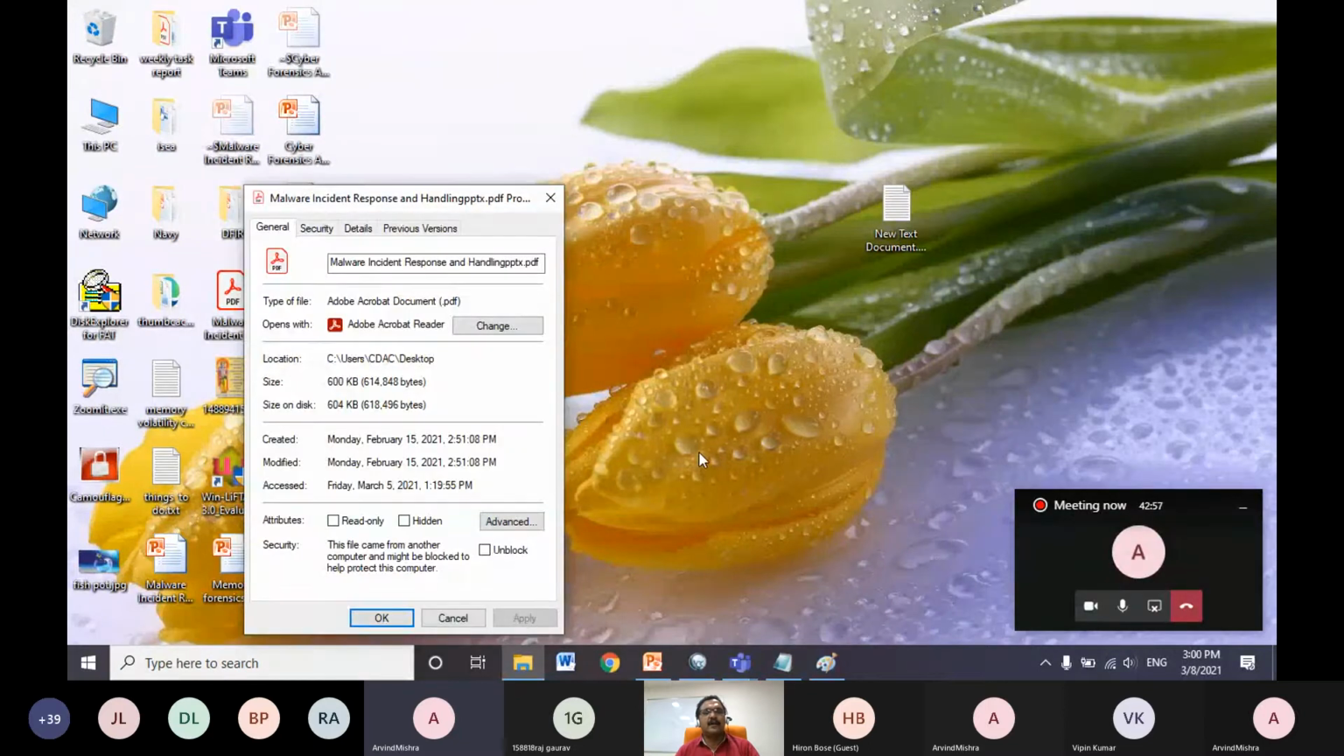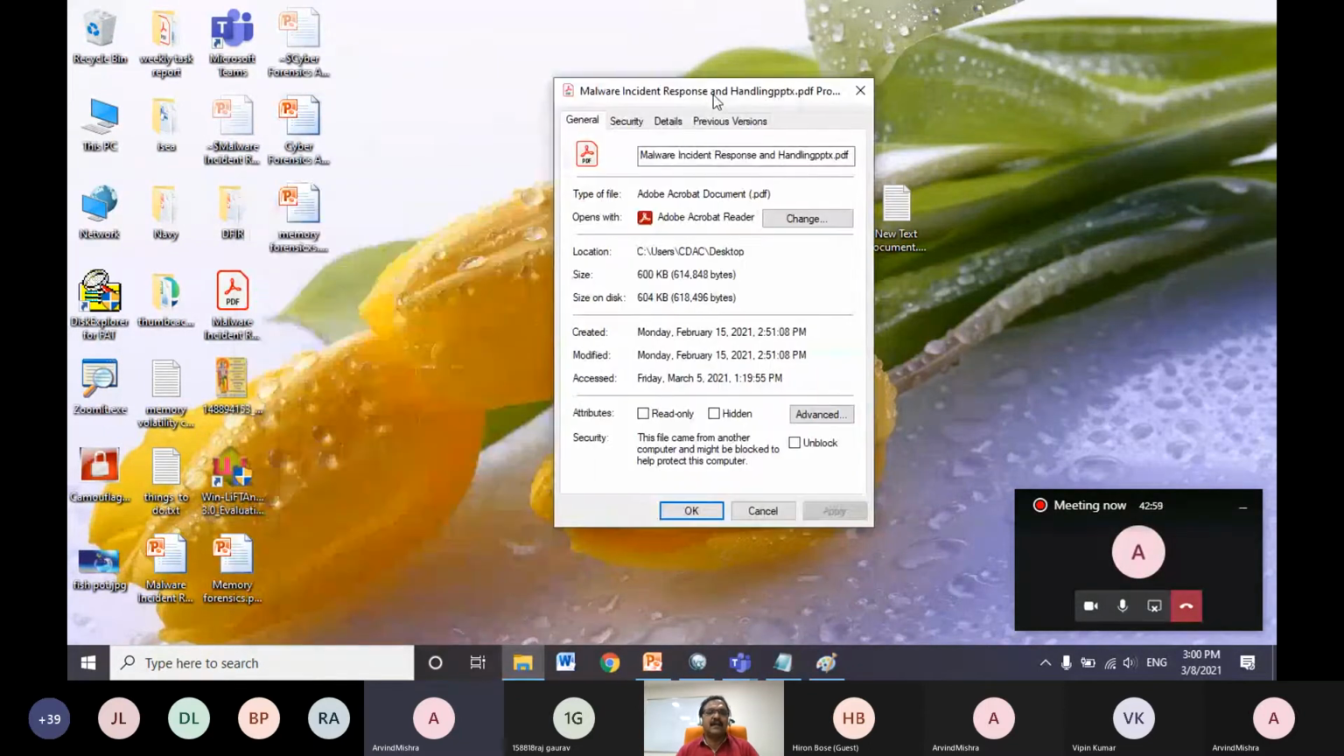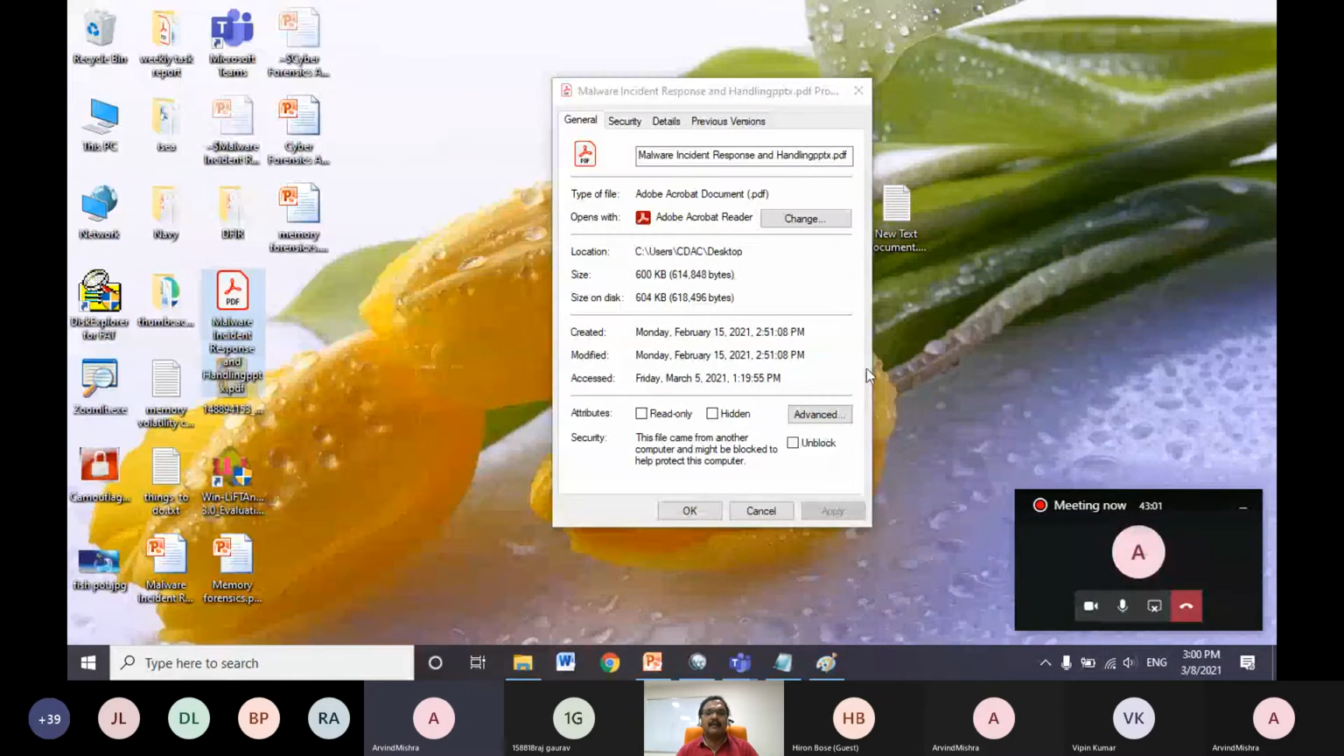Okay, this file is created on February. All of you please check it. This is the file I am talking about, it is created on February 15. The created date is February 15, and the modified date is also February 15, but the accessed date is March 5. Okay. Now, today,